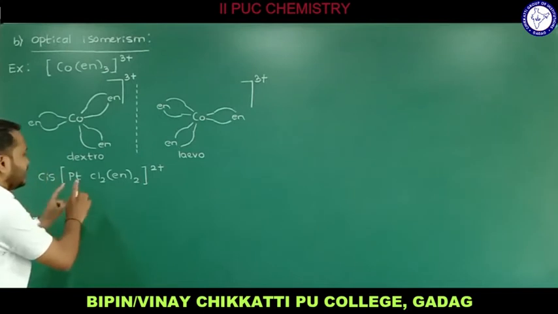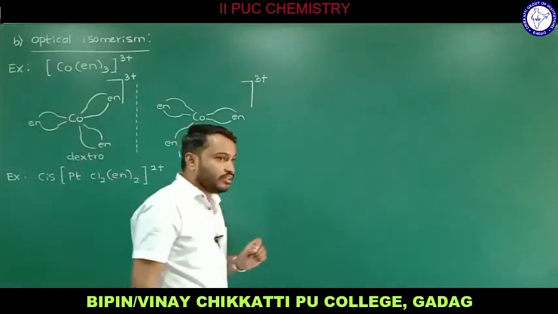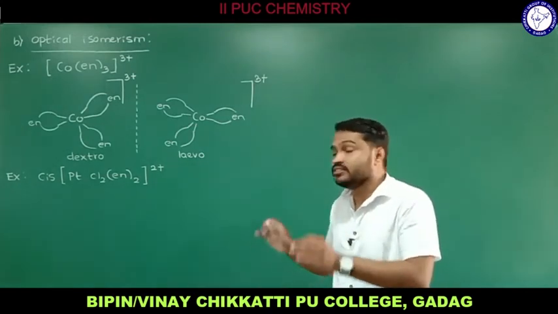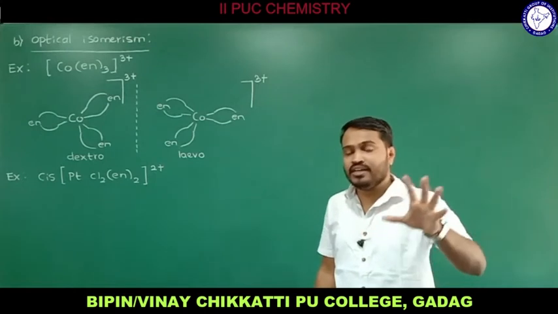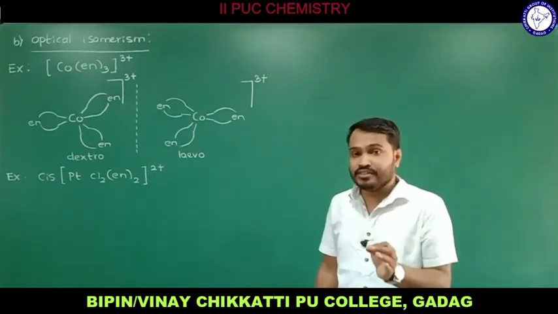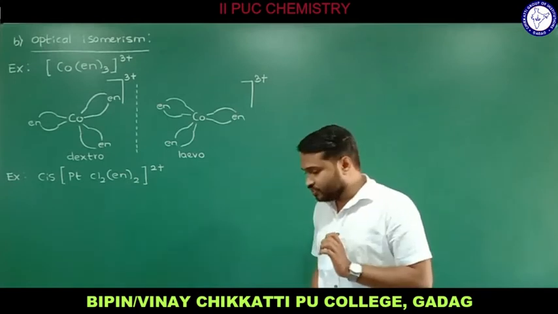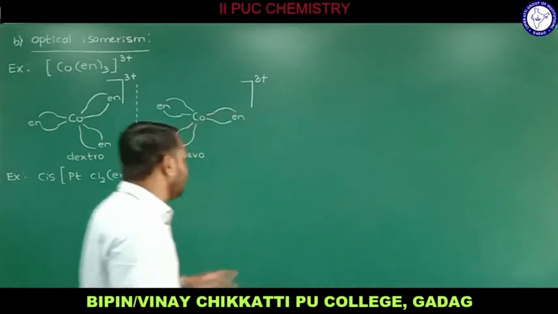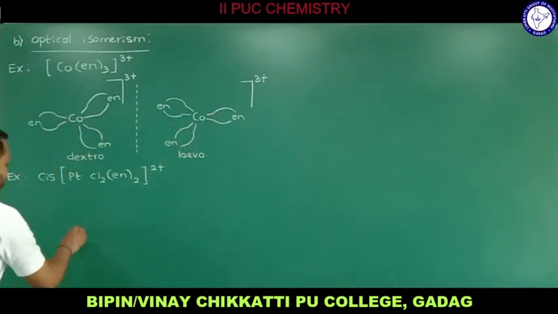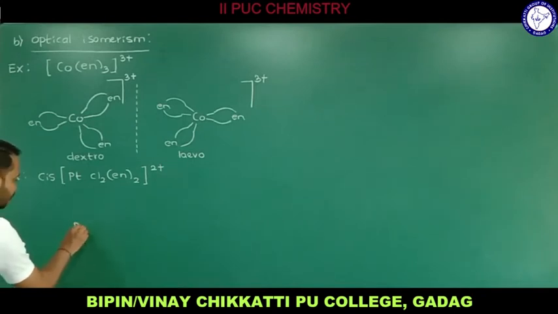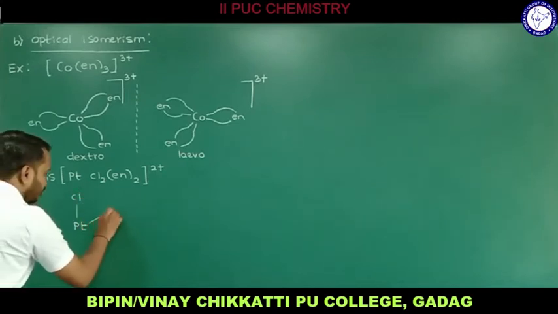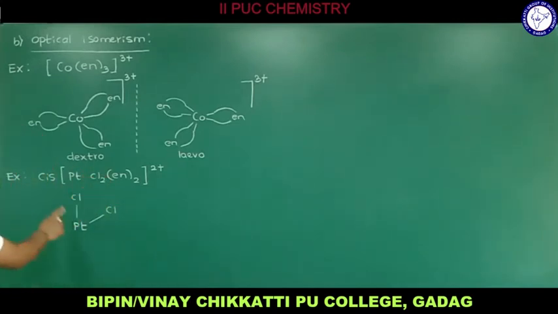So cis-[PtCl2(En)2] 2 plus we have. They have mentioned whether the particular complex or coordination compound is cis or trans. Cis we have, so try to know that one. Cis is the word used when identical ligands are adjacent to each other. So you are supposed to draw a diagram in such a manner that the identical ligands are adjacent to each other. How do you draw that? Let me consider that. Of course the central metal atom will be platinum. Cl2 we have, so one Cl I will write here, and one more Cl here. Since two Cls are adjacent, that is cis. That is the suitable structure I am going to draw.